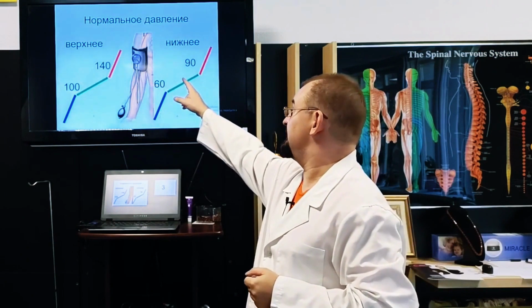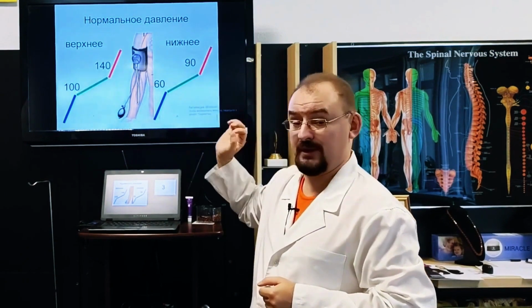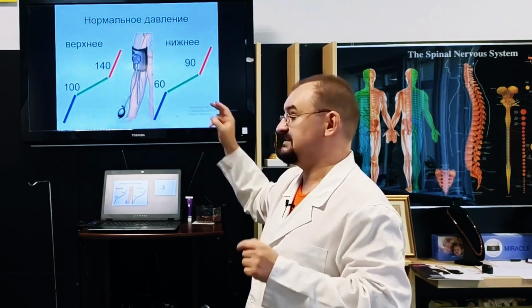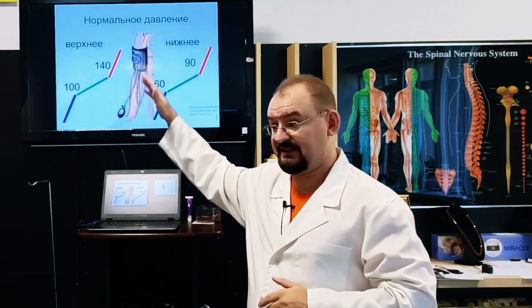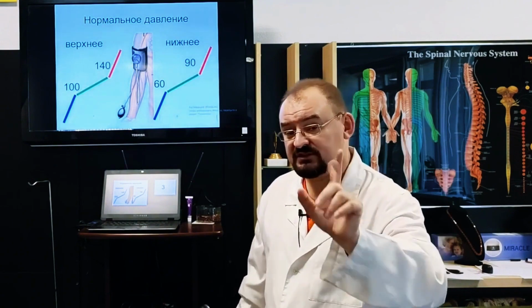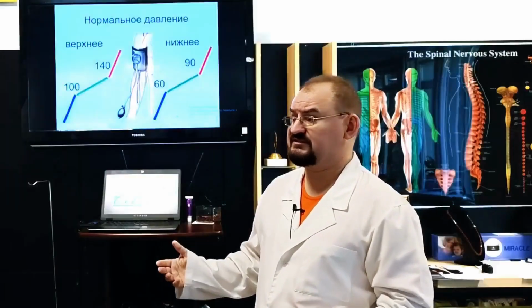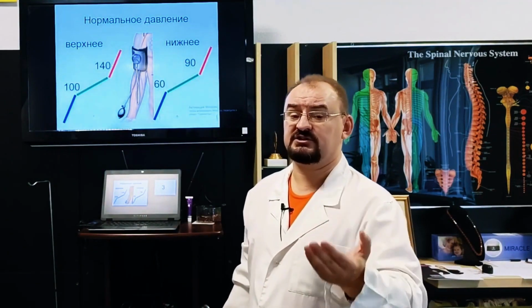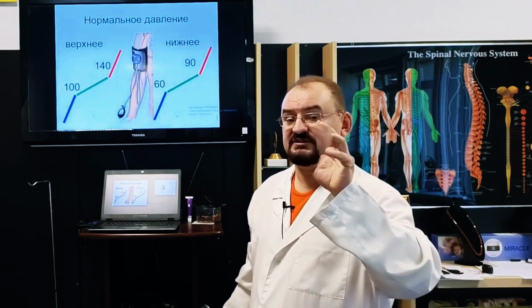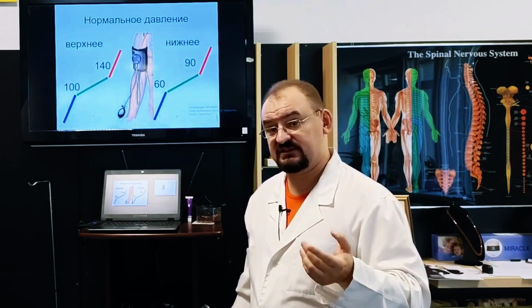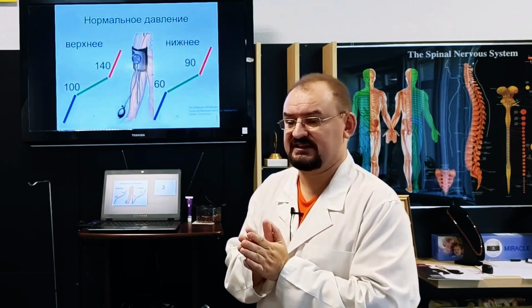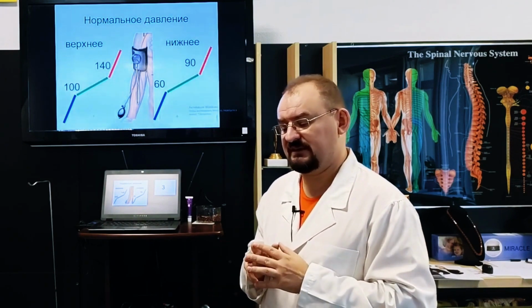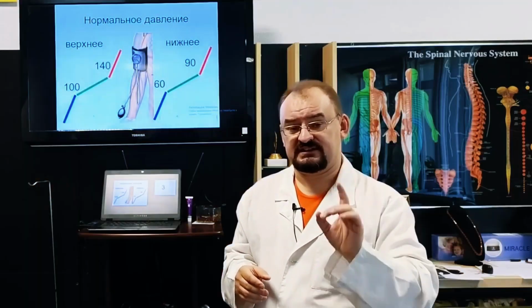And that's why a systolic pressure of 140/90 is considered normal. Lower blood pressure of 100 to 60 is normal. And everything within these limits is considered normal, regardless of how a person feels. Because if you feel unwell, but your blood pressure is within the normal range, then it's not hypertension or hypotension, but rather vegetative vascular dystonia. And that is a completely different condition, and it is treated differently. But friends, as for what hypertension is, how it manifests, and why it is dangerous, I think we will talk about that in the next video.